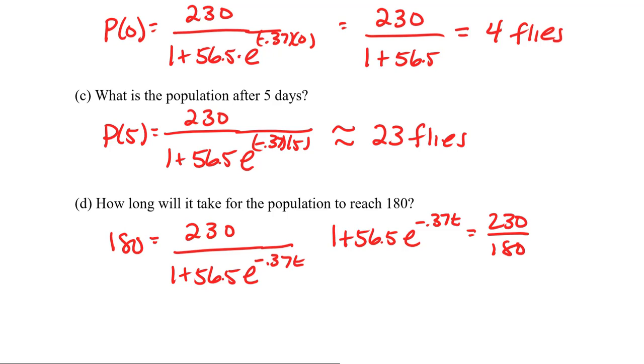And then if I subtract 1 from both sides, I'm going to get 56.5 e to the negative 0.37t is equal to 230 divided by 180 minus 1, which is equal to 0.2777. If I divide both sides by 56.5, I get e to the negative 0.37t is equal to